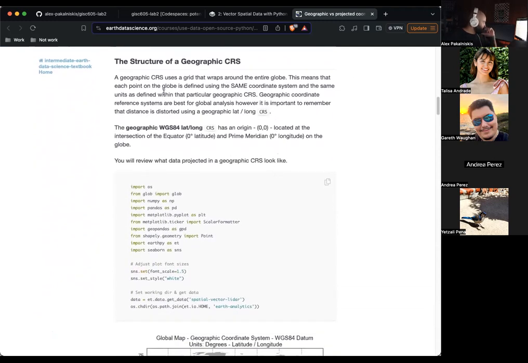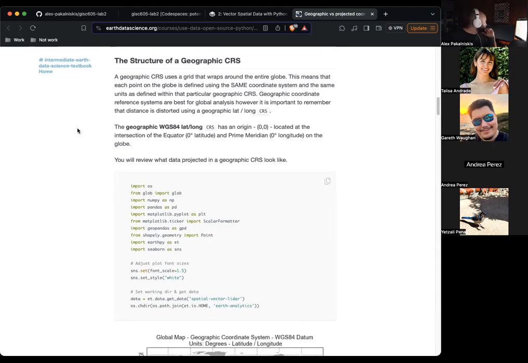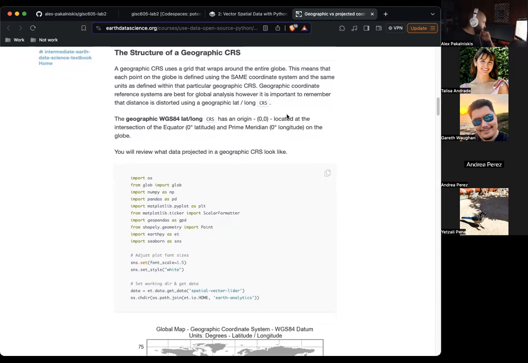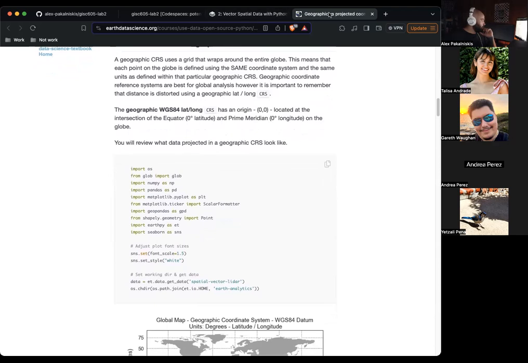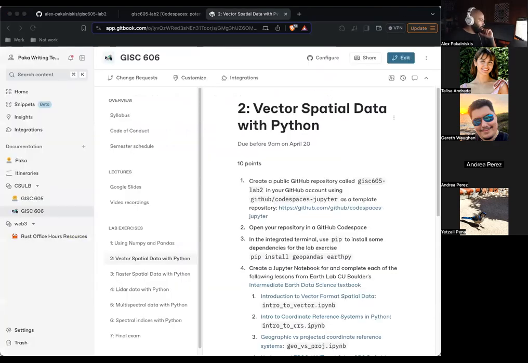So let's dive into the structure of a coordinate reference system. It wraps around the entire globe, so each point on the globe is defined using the same system and the same units. But it's important to remember distance is distorted. And there's an origin at 0,0 located at the intersection of the equator and the prime meridian. So let's jump in and get some more practice.